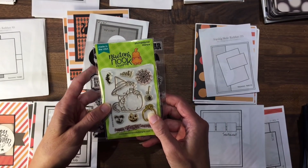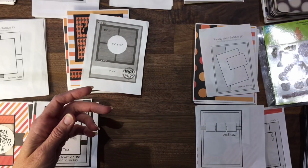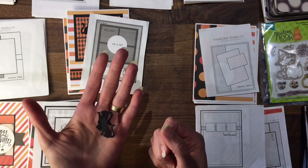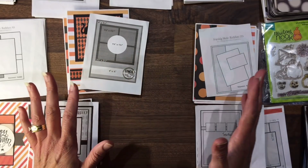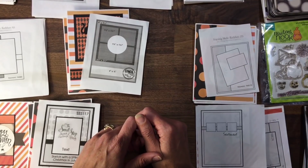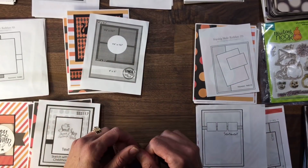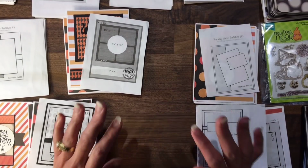I think it was one of the last fall's flavor of the month card kits. So I used those, and I had a bunch of little black cardstock die cuts that I had made last fall for some reason, I guess using up some scraps. And then there were a few random rub-ons that I had in my stash that I was able to use up. But I didn't really have any sticker type embellishments that match the colors of orange in this pad. So I used my Silhouette a lot